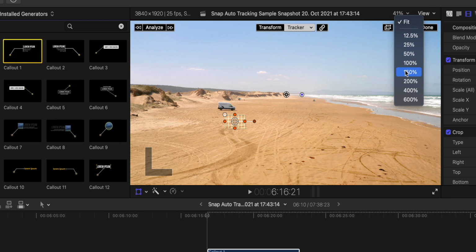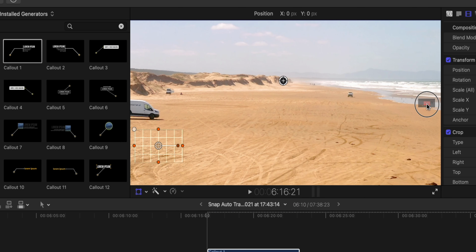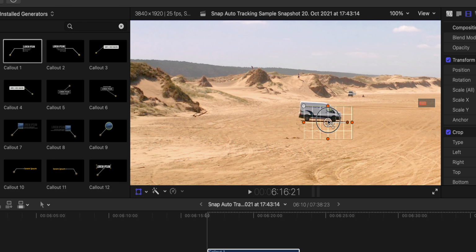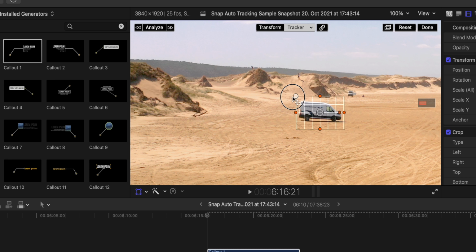So to make it more precise, I'm going to zoom into my footage and move the tracker box over to the car itself. Now I can adjust the form of the tracker box so I can make it more of a cylinder, and I can also adjust the length and the height of the whole box.